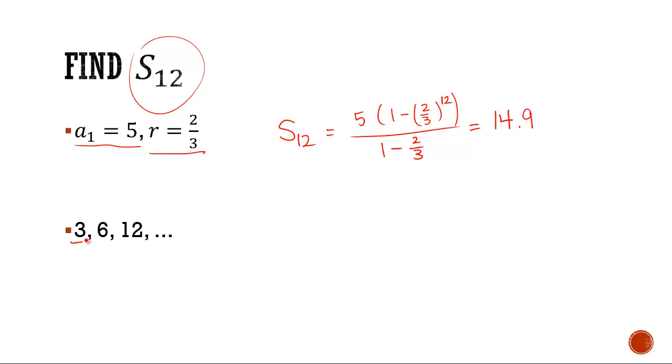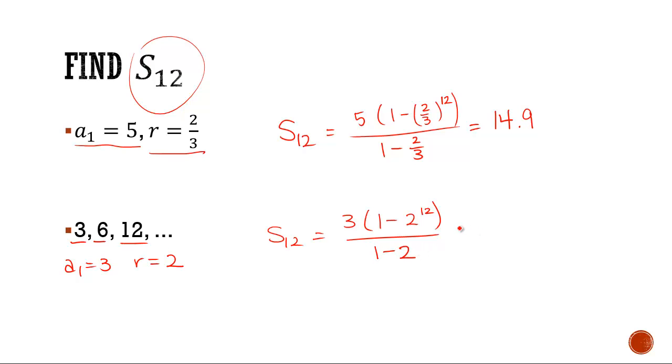Now let's try this next one. What's happening here? It's a geometric sequence, we've been told. So our first term is 3, and what's our rate? Well, it's being multiplied by 2. So S12 will say the first term is 3, 1 minus the rate to the power of 12 over 1